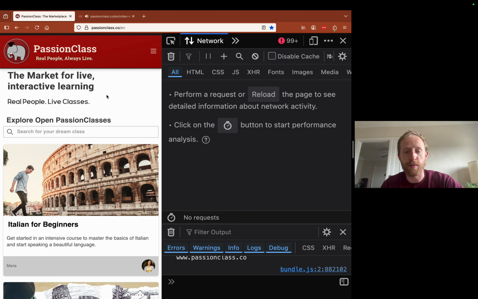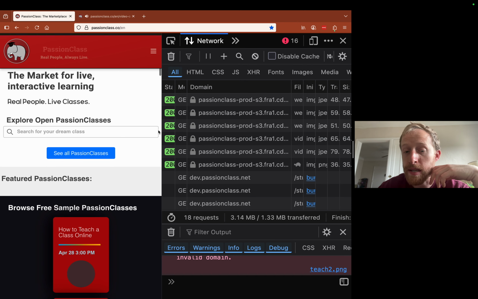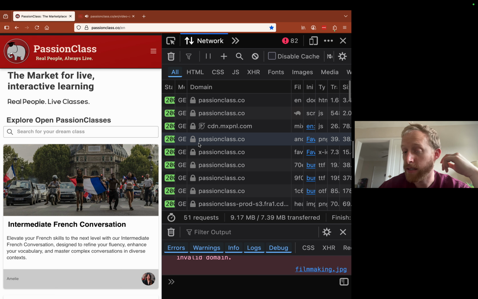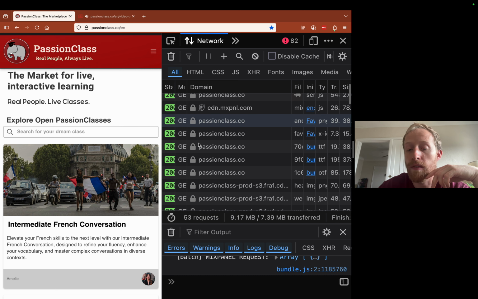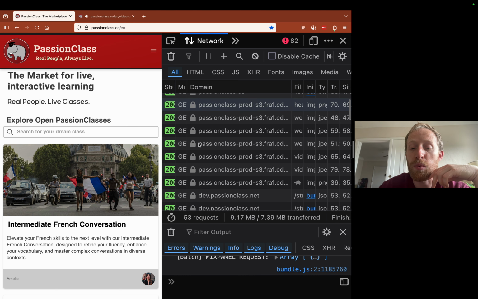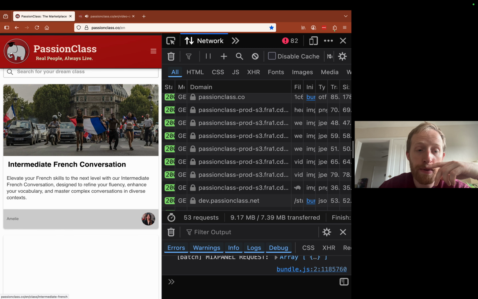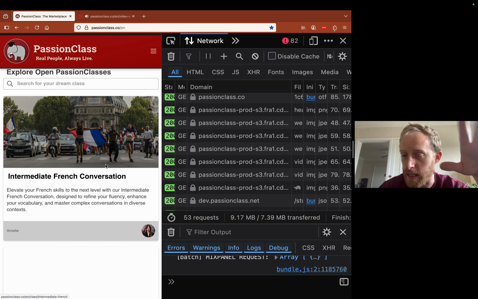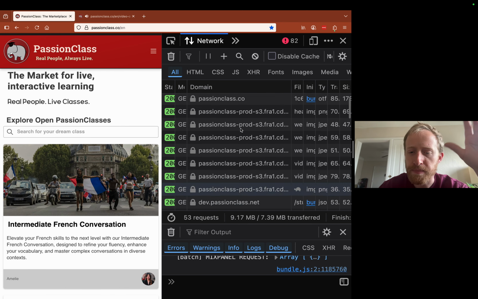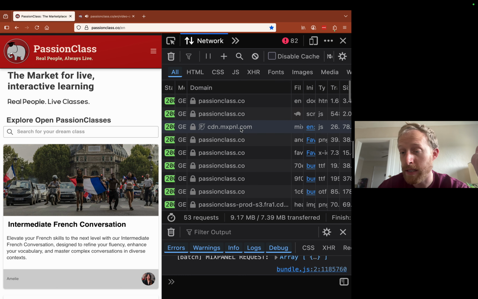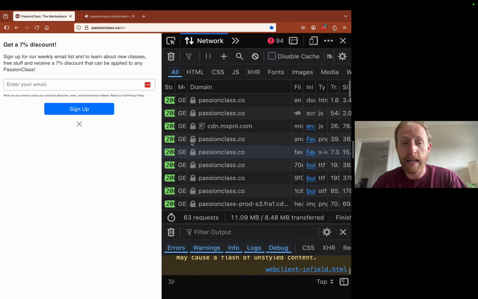So one thing it does, for example, is you can see all the network calls. A network call is a call to a different website. So when you load a website, 99.9% of websites are going to call multiple other websites. So this one, for example, calls some other websites to pull these images. This image right here is not stored in the exact same location as this code. That's not super important. But a lot of websites will call Google to download fonts. A lot of websites will call other websites to get